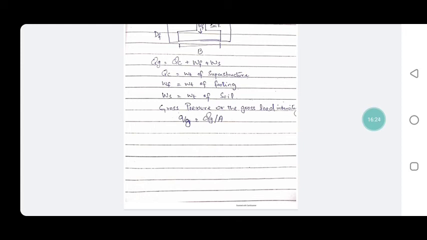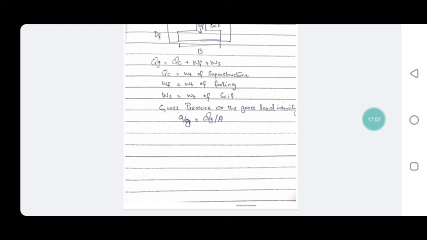So let's conclude what we have learned today. First, we discussed types of foundations. There are four types of foundations. Number one, strip foundation. We usually call this shallow foundation. Number second is isolated foundation. Number third is combined foundation. Number fourth is raft foundation. If our depth of foundation is less than or equal to width of foundation, then we call it shallow foundation.